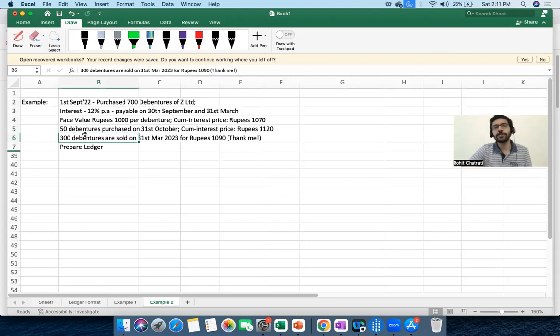Next, 300 debentures were sold on 31st March 2023 for rupees 1090. You better thank me, because I could have made this sale happen between two interest dates, but for the sake of convenience, I have presumed that the sale is happening on the coupon date. Whenever you are selling on the date of coupon payment, there is an implicit presumption that you first receive the interest and then sell the debenture,